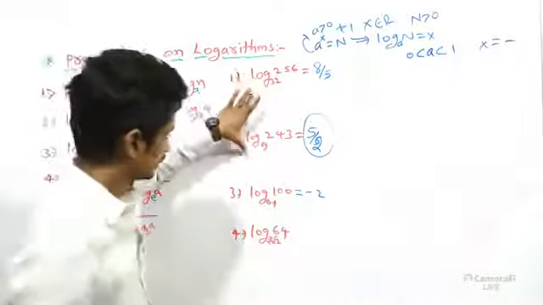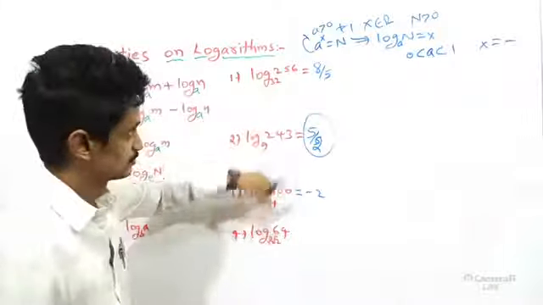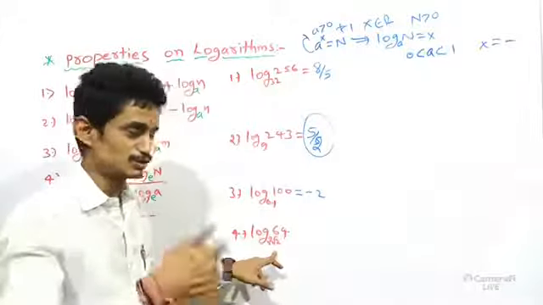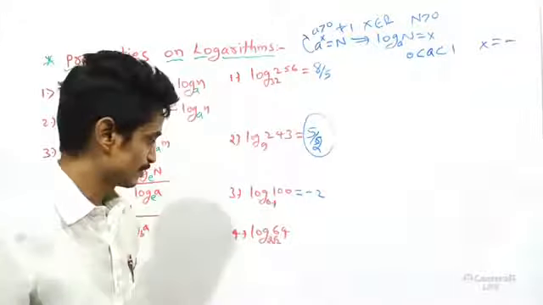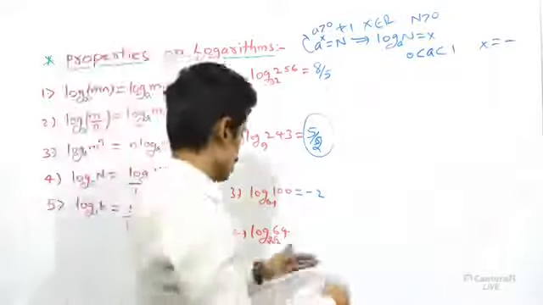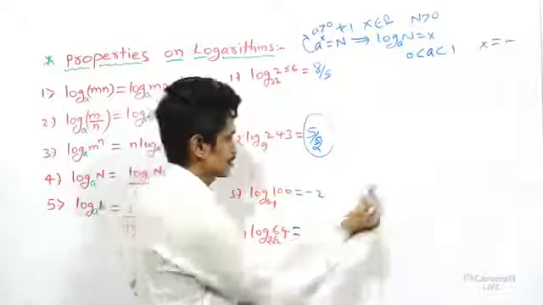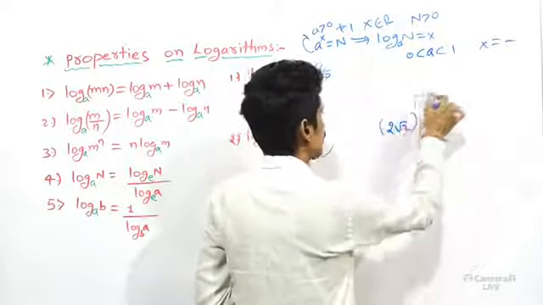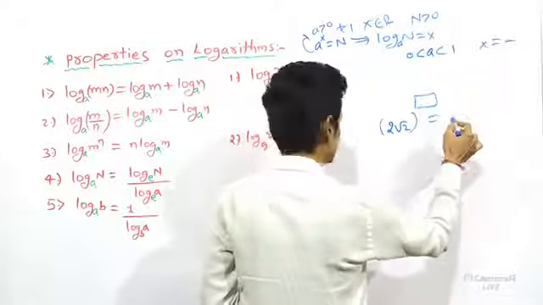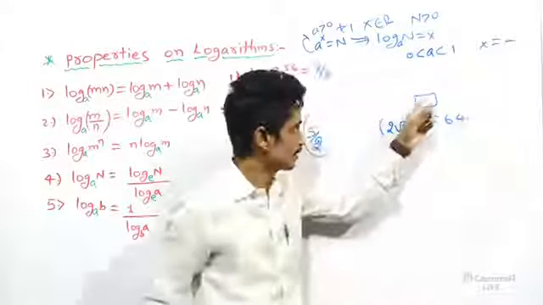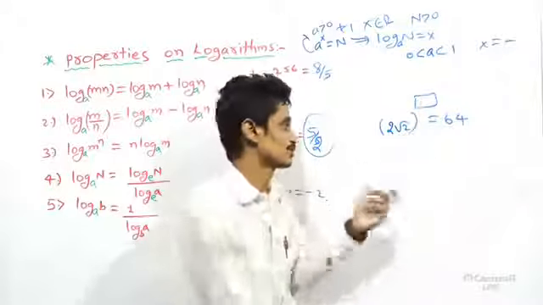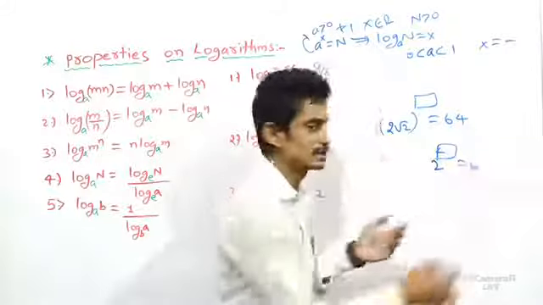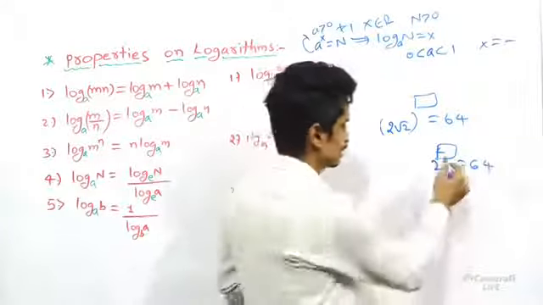One was an as usual regular question I took. One was lying between 0 and 1. The next one is an irrational root. This is more than 1, but an irrational value: we have 2 times root 2. How to simplify? The question is, 2 times root 2, whole power, is nothing but 64. What power of 2 times root 2 is 64? What power of 2 is 64 is very simple. That is 2 times of how much do we write?